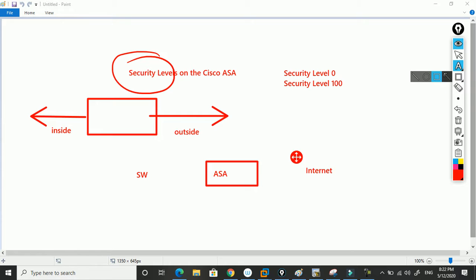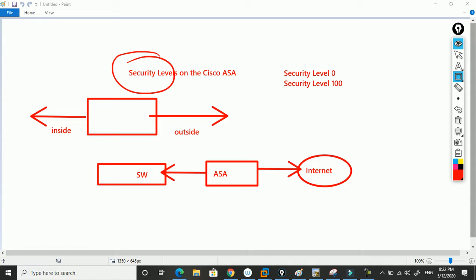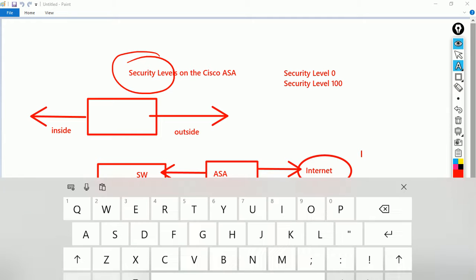Now when traffic will be there on this side and this side, this is your switch, so this side is inside. By default from switch to internet it will be allowed, but when you want to send traffic from internet to ASA, at that time what you have to do,